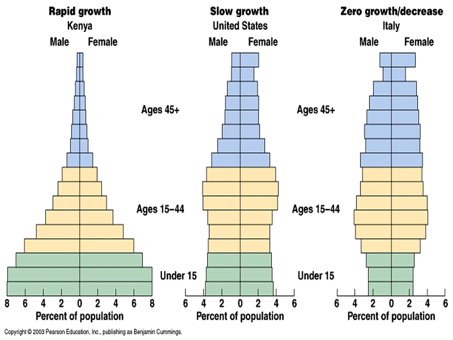Now, if you take a look at the growth of human populations, you can see that the United States has slow growth. Kenya has rapid growth, and Italy has zero or declining growth. That's because the people of reproductive age are not reproducing as many offspring as it takes to replace themselves. That means there are less available people in the population. That means Italy's will actually decrease their growth. Here you can see the United States has slow growth. It is right there at that